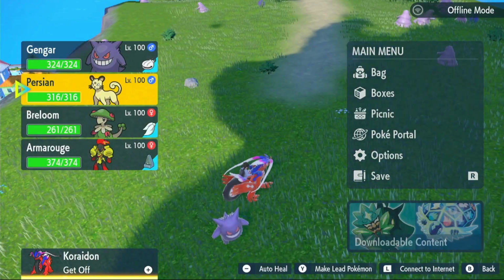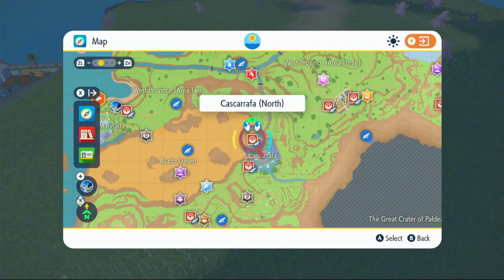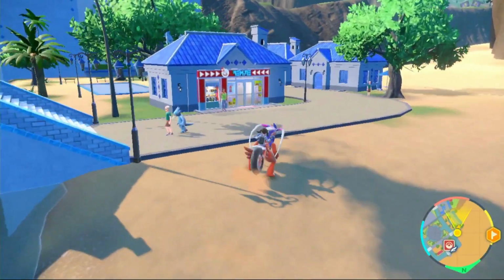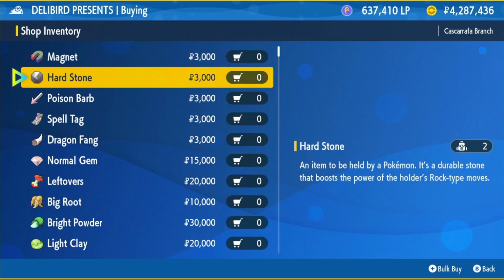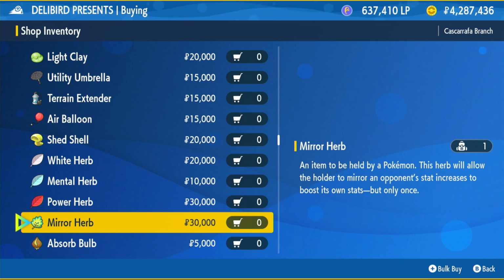Now, for Clear Smog, we're going to need to go to Casgrafa North. So I want you to fly over there right now. And we're just going to be visiting the Deli Bro shop. Click on battle items, go about halfway down, and I want you to buy the Mirror Herb for 30,000 Pokédollars